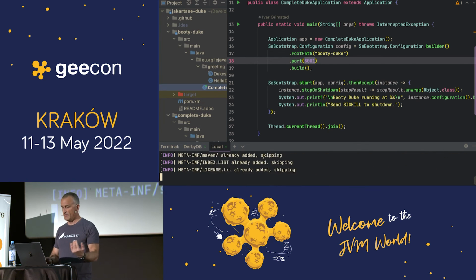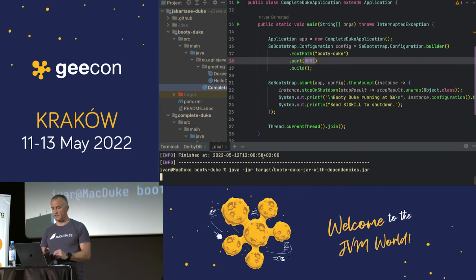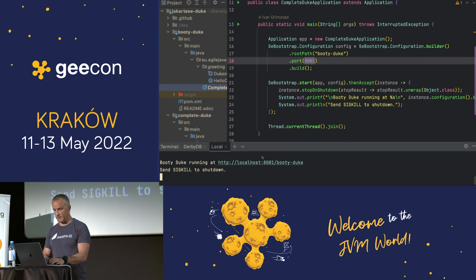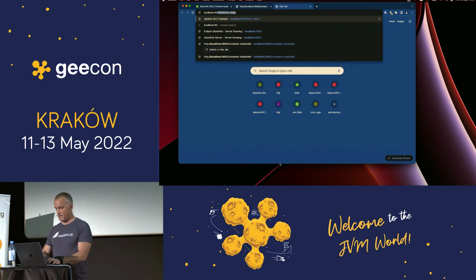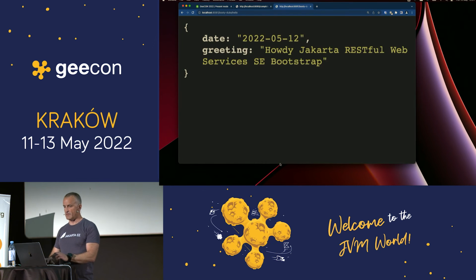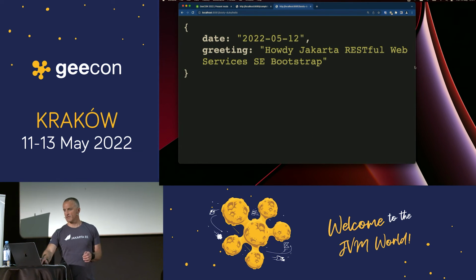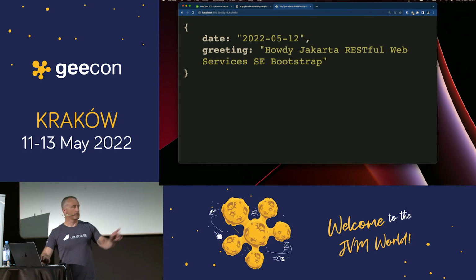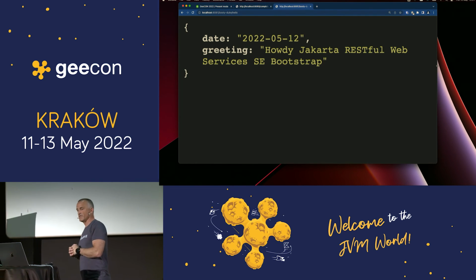You just have to configure either your Maven or your POM file to use the staging, then it will work. So I'll just build it here. It creates a jar file that I just start with java -jar Buddyduk, jar with dependencies. And it's up and running. It's running on 8081. So let's go and look at 8081, Buddyduk hello, and it says hello, like this.